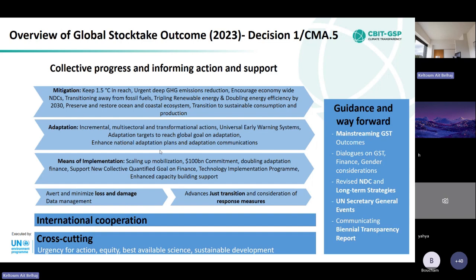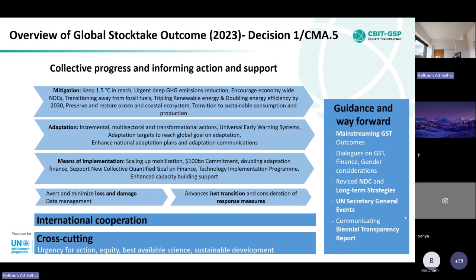And they called also for much deeper emission reduction, for economy-wide NDCs, and a rapid transition away from fossil fuels. The global stocktake also highlighted the need to triple the renewable energy, to double the energy efficiency, and